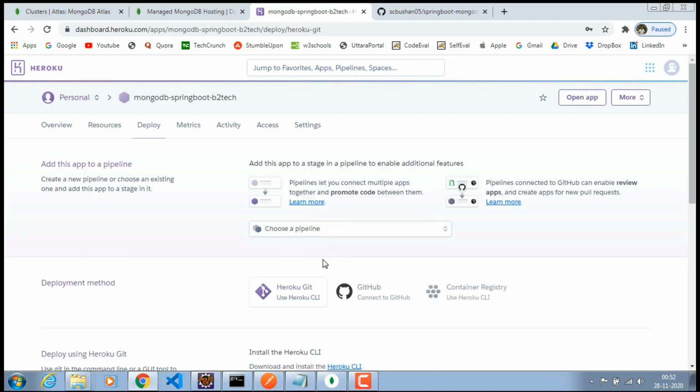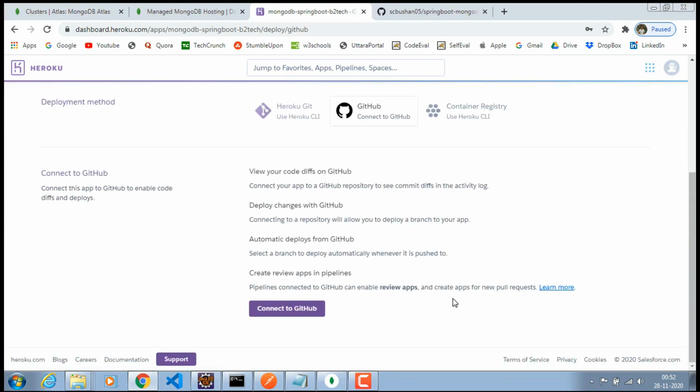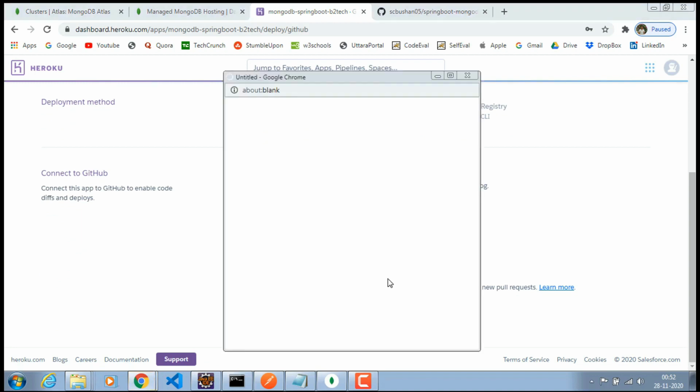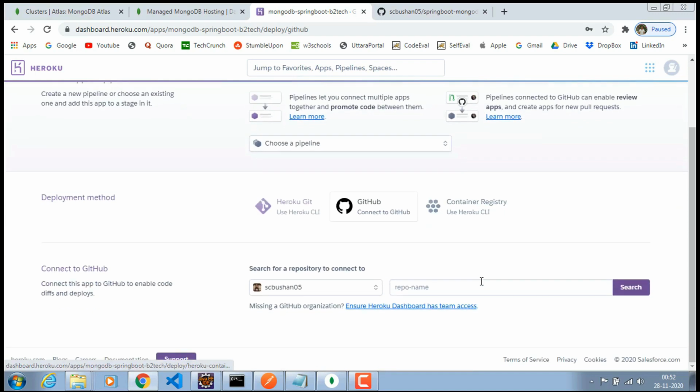Okay, so now we are going to choose the GitHub, the way to deploy application. I will choose GitHub, and first we need to connect to the GitHub. Connect it to GitHub. Okay, it has been connected to my GitHub repository.